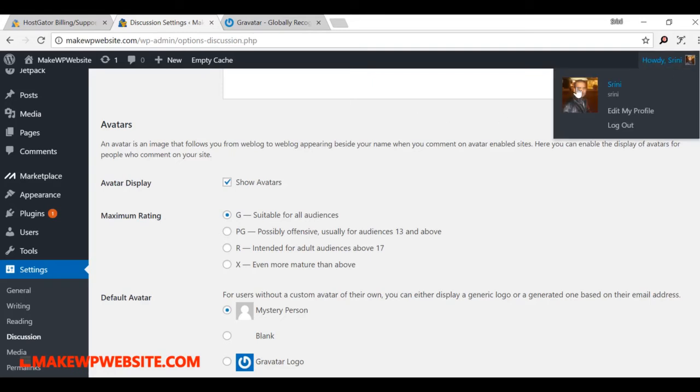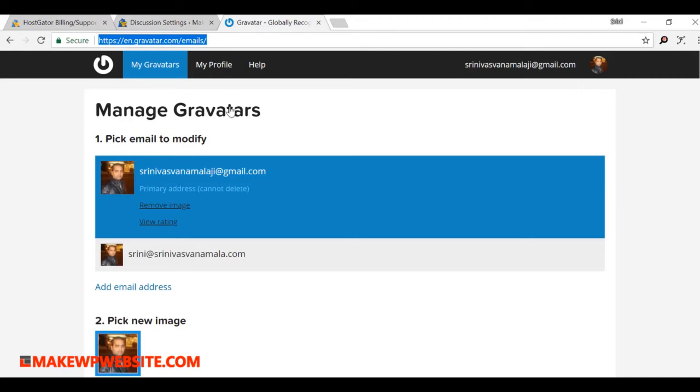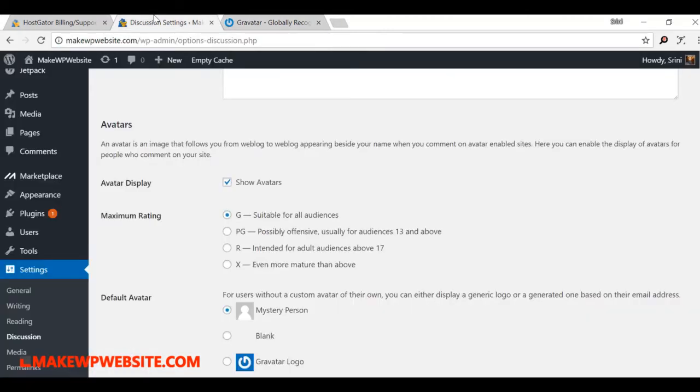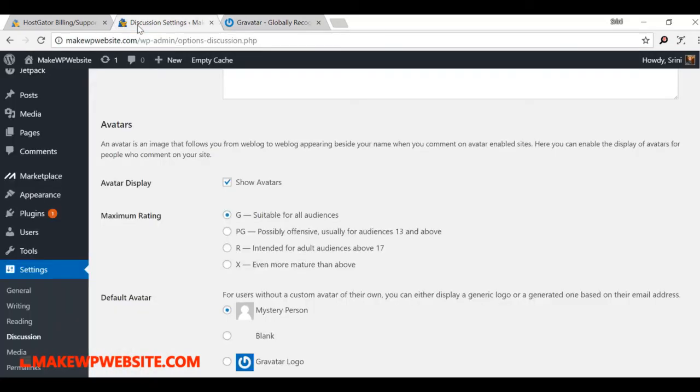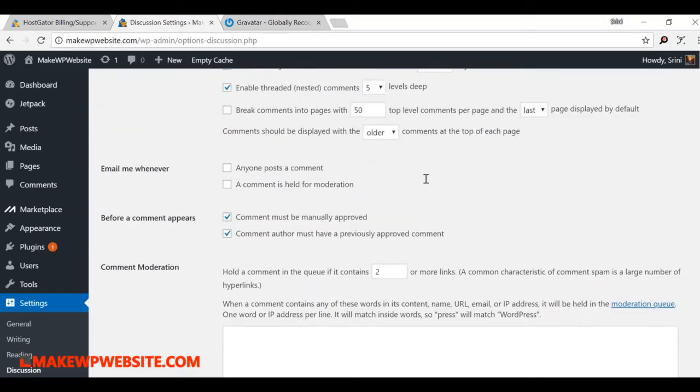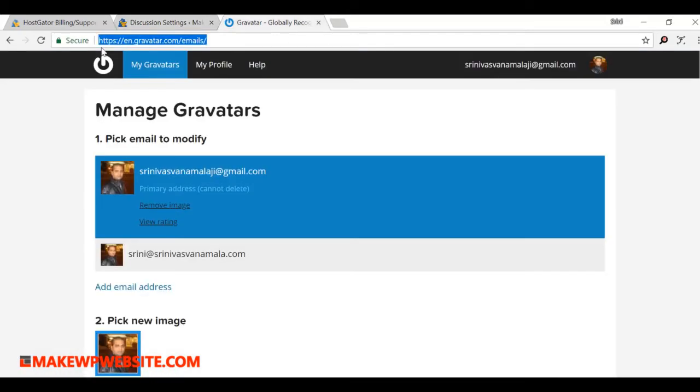Everything is attached to these images, and when you change the profile pic here, it will automatically reflect on all the sites using Gravatar to get your image. So do this step: create an account on Gravatar, use the same email ID and upload your profile pic.